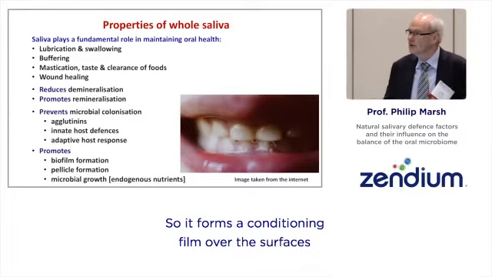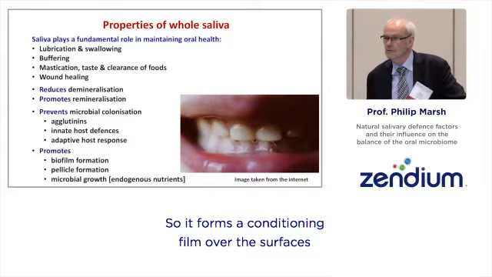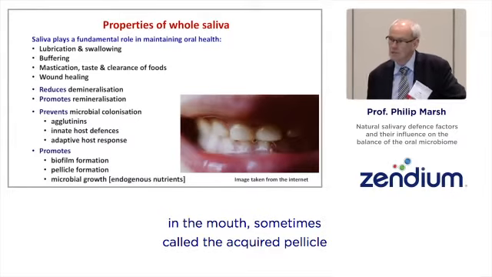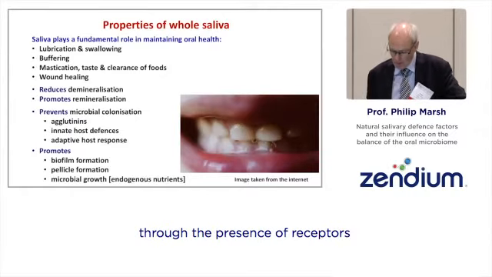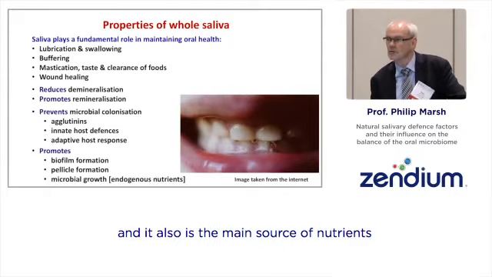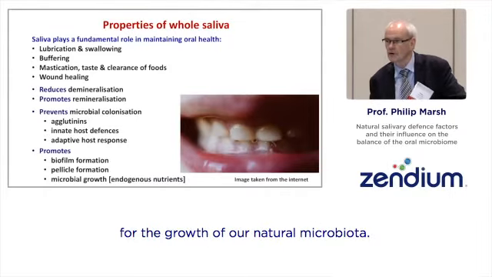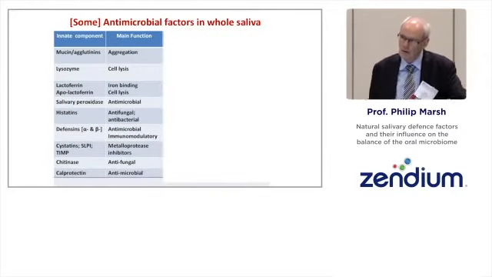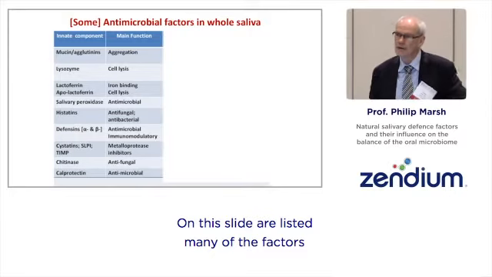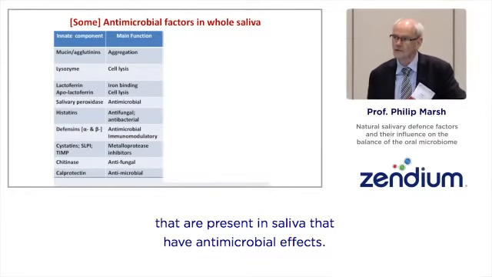So it forms a conditioning film over the surfaces in the mouth, sometimes called the acquired pellicle, and this can promote biofilm formation through the presence of receptors, and it also is the main source of nutrients for the growth of our natural microbiota. On this slide are listed many of the factors that are present in saliva that have